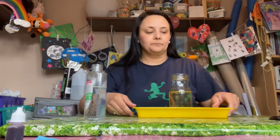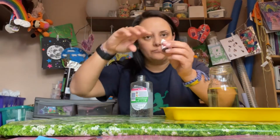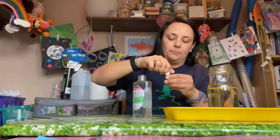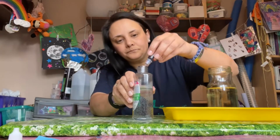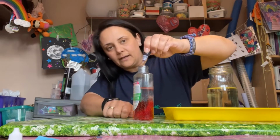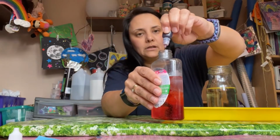So I'm just going to pop that to one side for a second. Okay, and I'm going to choose what looks like a cherry red. So I've got little red food colouring. Okay, and I'm going to pop a few drops of that into the water. So here we go. Let's go 1, 2, 3, 4. Oh, bright red, look at that. Lovely colour. Okay, so adding a few drops of...